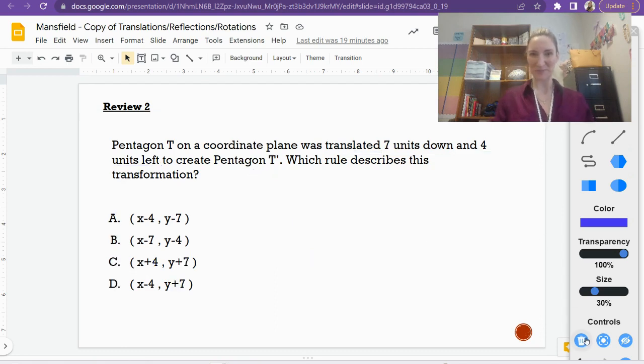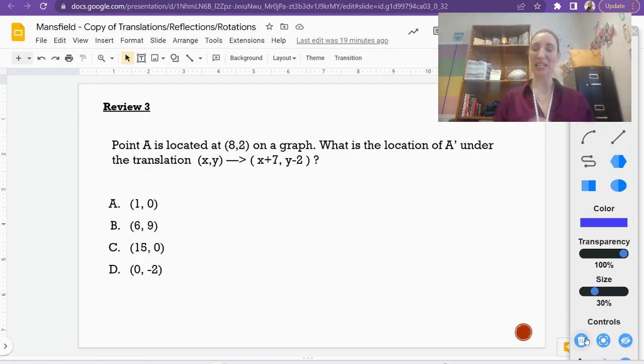Let's keep going. Review 3. Again, on your paper, go ahead and please write the title, Review number 3. And let me see this one here. Point A is located at 8, 2 on a graph. Ooh, this is a very interesting one. I like this problem. What is the location of A prime under the translation XY translates into X plus 7,